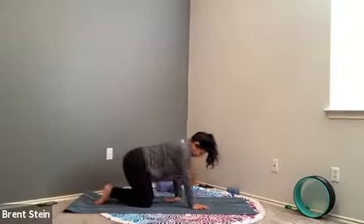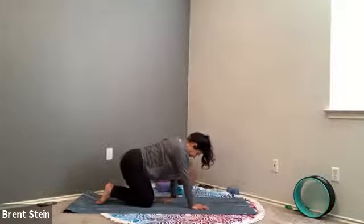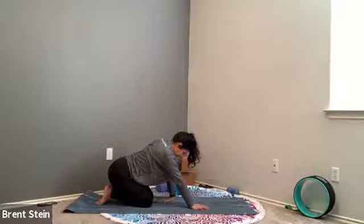And then inhale, slide forward, release that left hand, a few circles, and then flip it. Take the palm down to the mat, thumb out to that left edge as you send the weight of the body back. As you release through the wrist, through the palm, the hands, maybe even the forearms, all of these